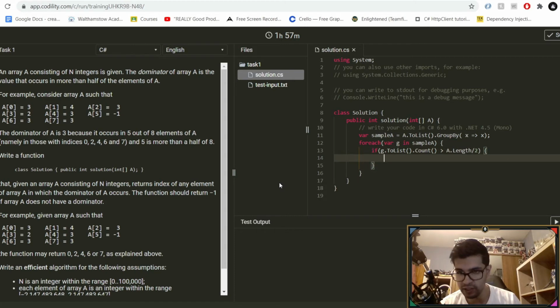So if our count of that group is greater than half the length,